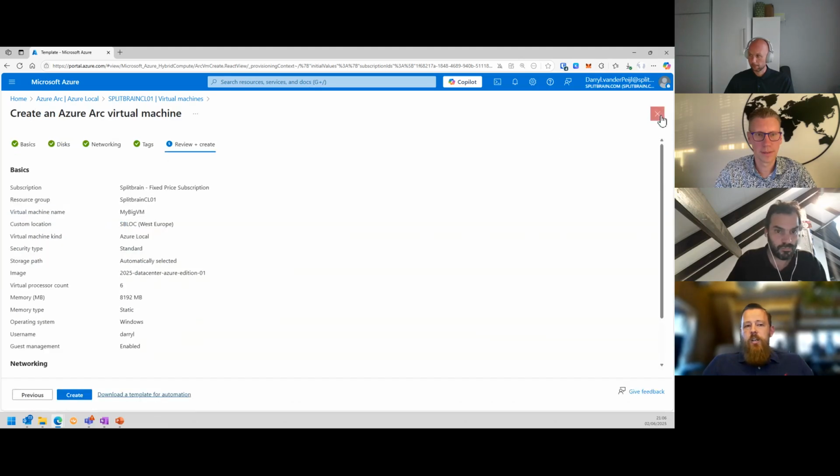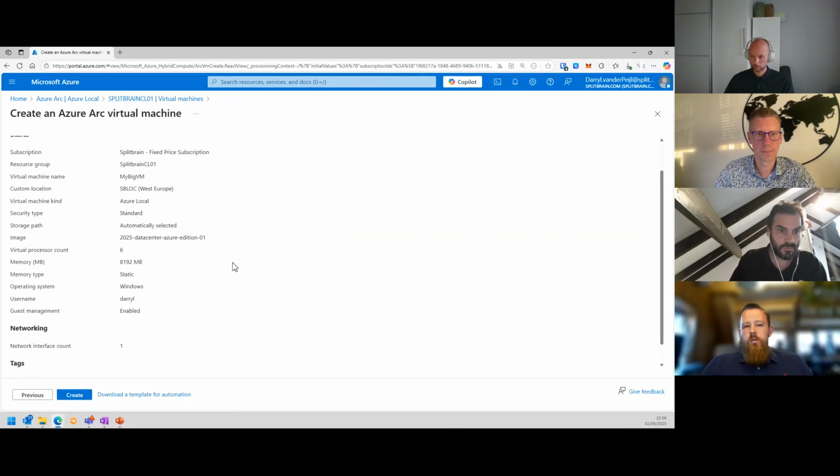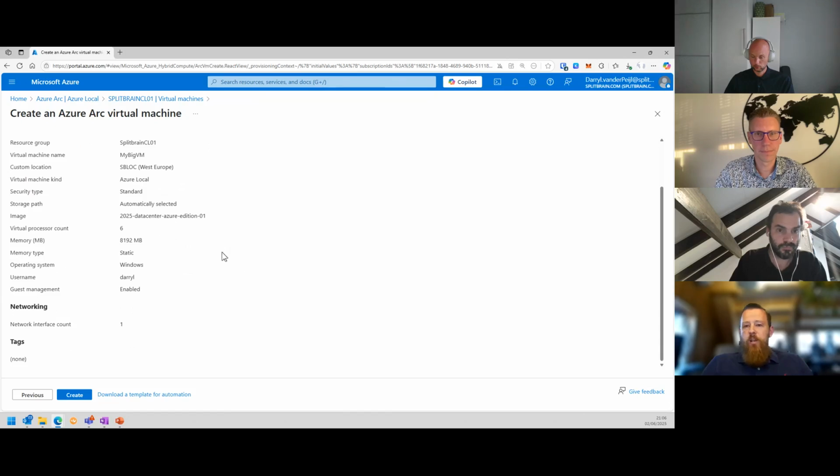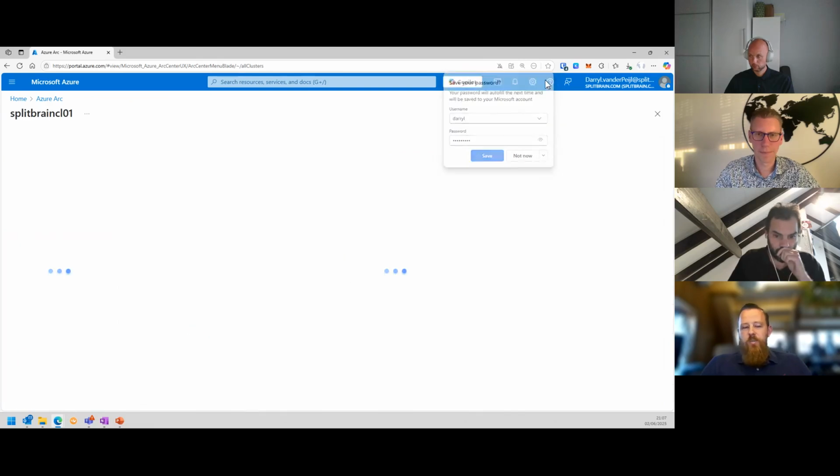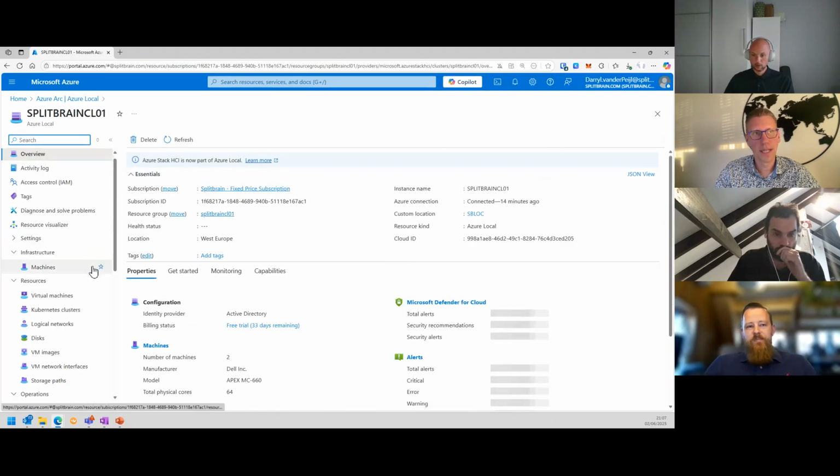And not just the at-scale deployment, this also ties into your maybe deployment pipelines for developers. If they quickly need to deploy a VM for testing purposes, they say, click, deploy a VM. I think, Darryl, you once made a really nice example where you go through a Microsoft Forms. You just fill out your name, you say what you want, and you submit your Microsoft Forms, and 5 minutes later, there was a VM running on an Azure Local environment. And of course, with policies, you can then say, oh, delete it after a couple of days again. So really powerful stuff. Indeed.